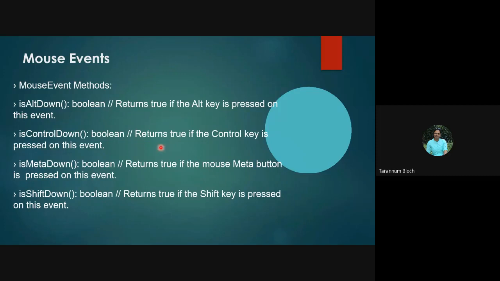There is a button which we call the meta button. isShiftDown will give you whether the Shift key is down or not. All these are Boolean returning methods. They will give you true if the Alt, Control, Meta or Shift key is down. If it is not pressed, then it will give you false.